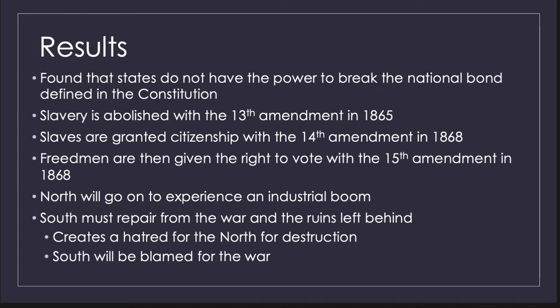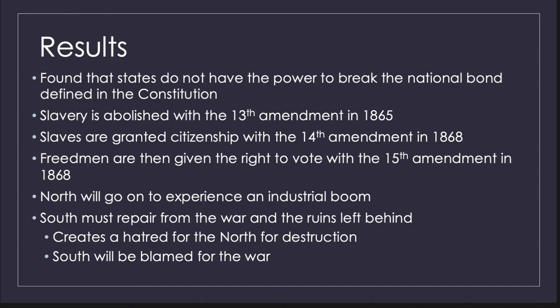the United States has citizenship, and the 14th Amendment says that every citizen of the United States has equal protection under the law. So once this amendment grants citizenship to all former slaves, they are then theoretically granted equal rights under all laws. The 15th Amendment grants newly freed men the right to vote, and that is also going to be